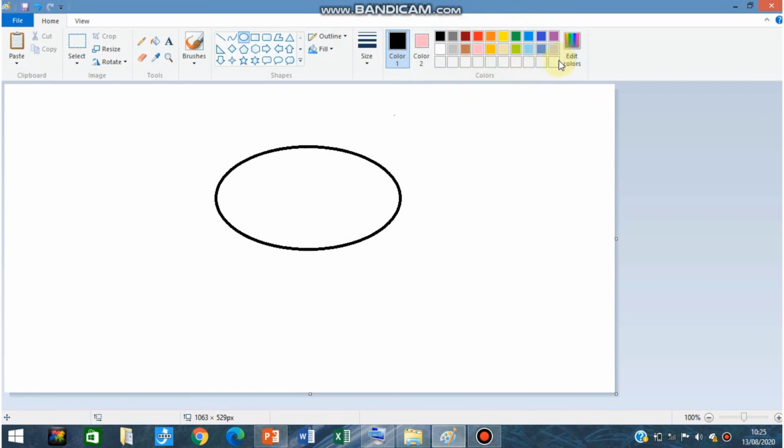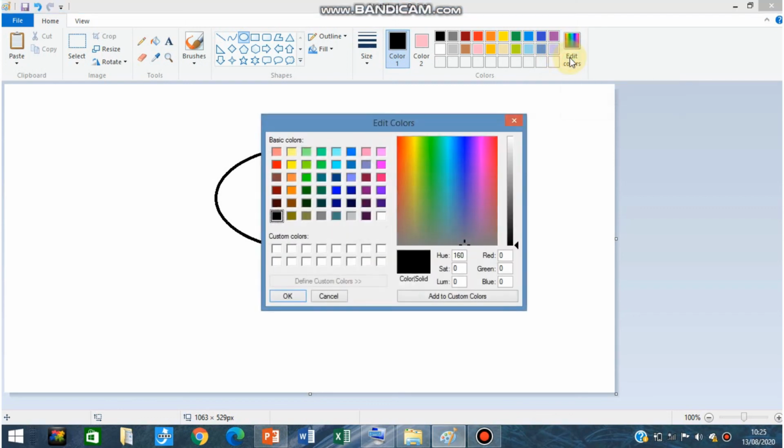Fine. So in this way you can choose color, and suppose if the color is not available in this color palette, there is also one option of edit colors at the end. Left click on that edit colors using your mouse, and a dialog box with a huge group of colors will pop up on the screen.